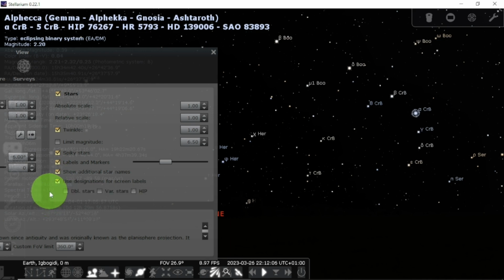Use designation for... sorry. Show additional star names. Okay. So this is the additional star names. I think it's okay. Let's leave it. Then this is use designation for screen